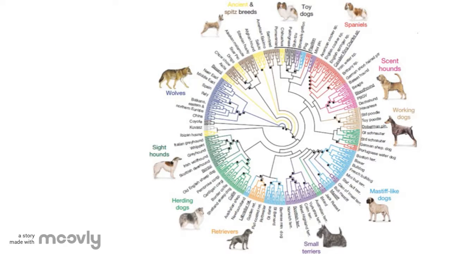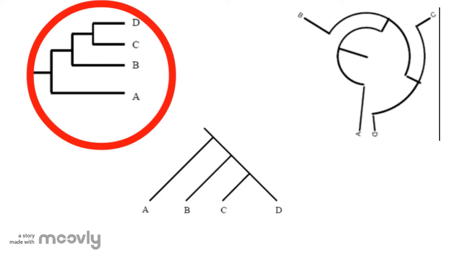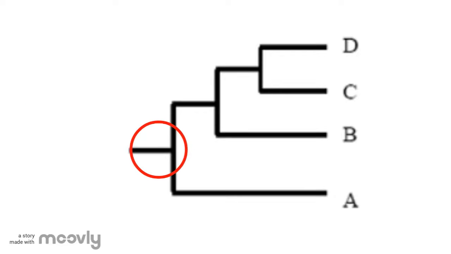A phylogenetic tree is a diagram that represents evolutionary relationships between organisms. The branching patterns of the phylogenetic tree illustrate how species or groups evolve from a collection of common ancestors. There are multiple ways to draw a phylogenetic tree, but we are going to be creating a rooted tree. A rooted tree converges to a point labeled the root of the tree.